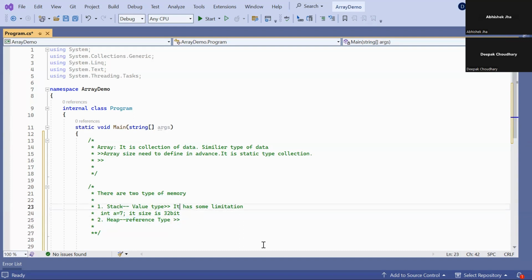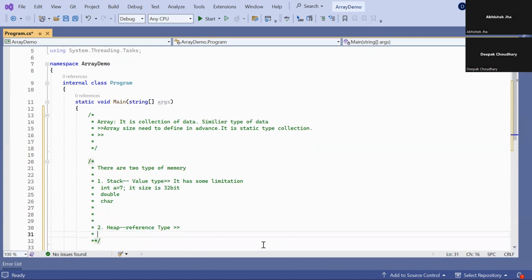Generally all the data types in C Sharp like int, double, char are value type data. And for heap, even the array, a collection like a string.